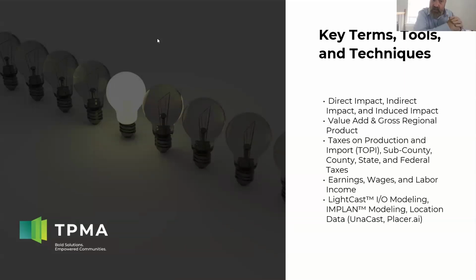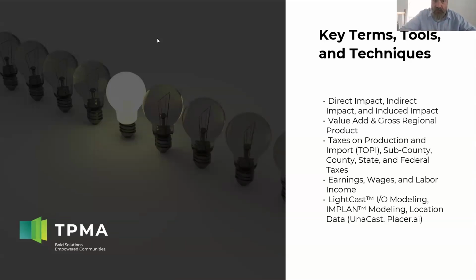So we've done this and looked at, for example, fellows from different academic programs where they offer fellowships and they do stuff to recruit and retain people in the state. We can look at really their distribution, the jobs that they get when they're done, what those earnings are, what that tax revenue is, what the gross regional product contribution that they're able to put together is. So that's the direct impact. The indirect impact, sometimes referred to as the supply chain impact, is exactly that.